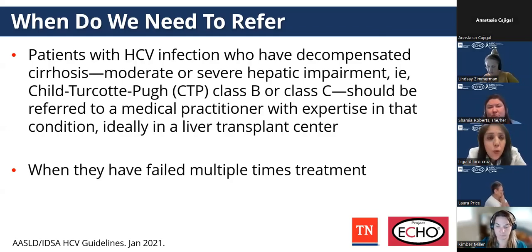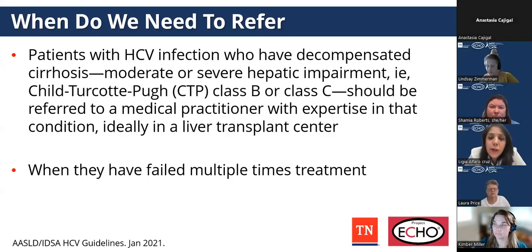You've treated the patient twice, you have proved that they're compliant, but they're showing non-response, then that's when we decide, okay, let's refer, because we may have to do further testing. We may have to test for resistance of the acting antiviral. And we may have to look at other reasons why the patient may not be responding as well. So in that case, we do recommend, do not waste any time and refer the patient to ideally